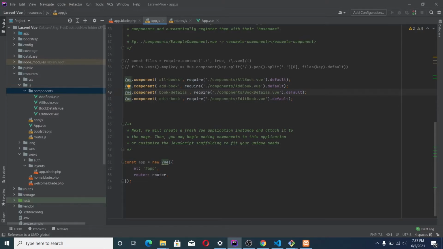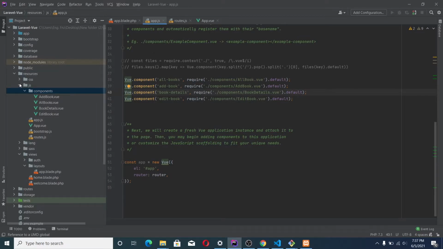Just come and put it here. Okay, so we are basically done with our app.js. Remember, these components we are already seeing, these are the names that are going to be used in the templates, the blade templates that we are going to be rendering in the browser.